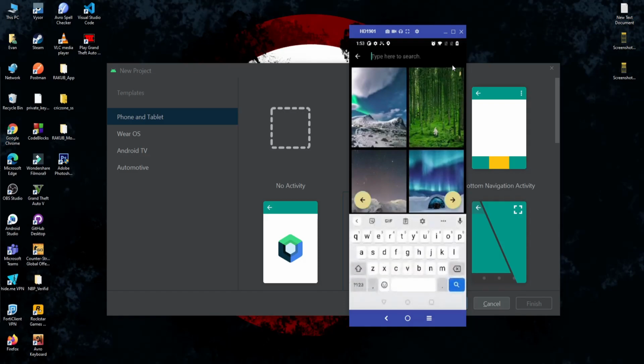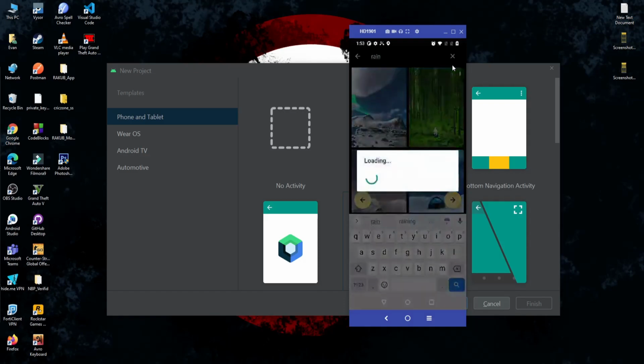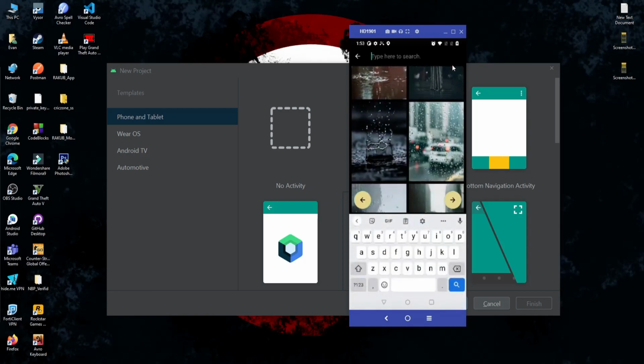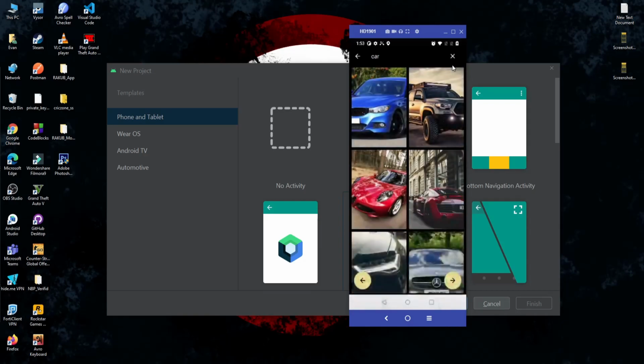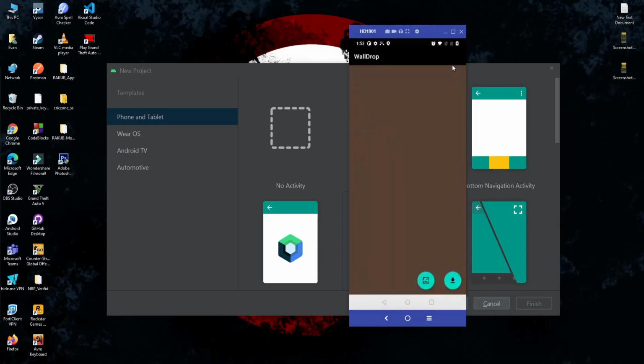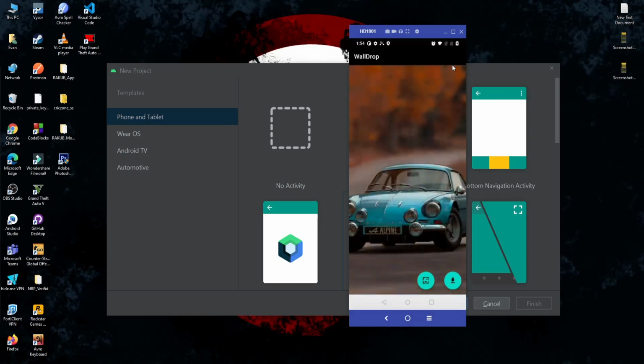Okay, so let's search rain now. We can also search anything, like if I search for car, here you go. Alright, and now let's select any wallpaper from here. Let me select this one. It's loading the image in the new activity, and from here we can perform two tasks, like we can download